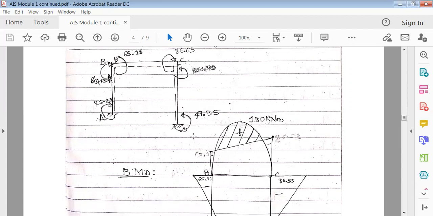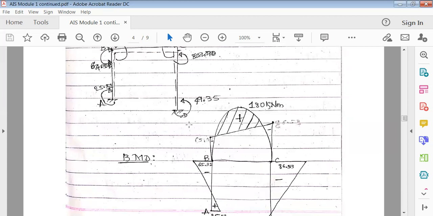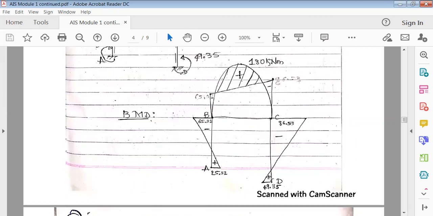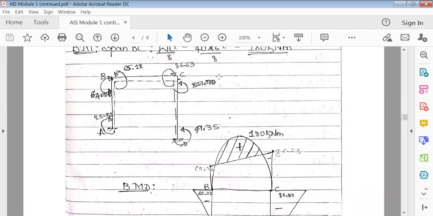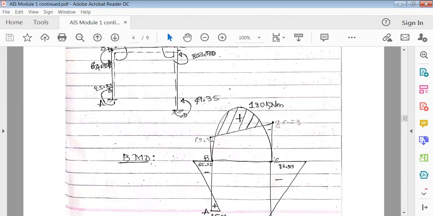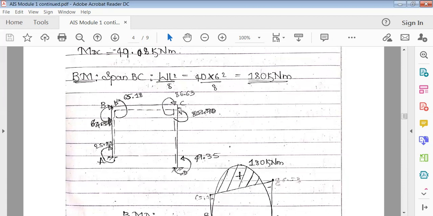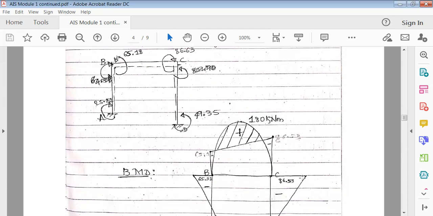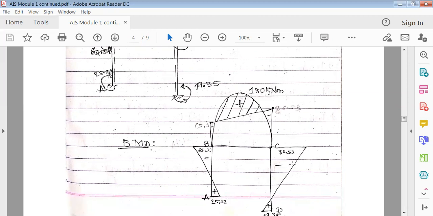Next. Now in this portion, if it is confusing, start with the fixed support at D. At D, you can see here, this moment is trying to push this column inside. Because it is trying to push the column inside on the positive side, I'm going to draw it on the positive side. So this is 49.35. And then this is 86.63. So show it outward like this. So it is minus here, this portion is minus. So it is 86.63. Show it minus. Then join both of these.